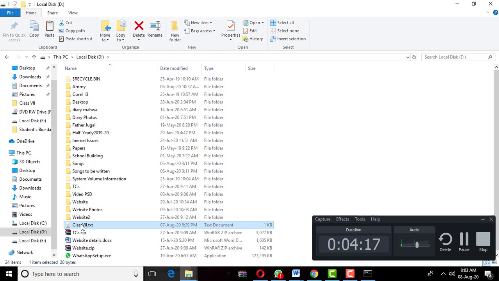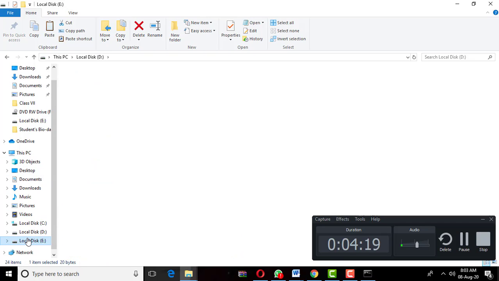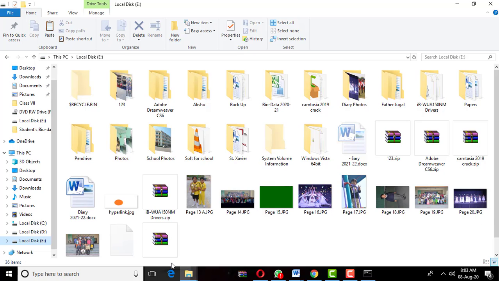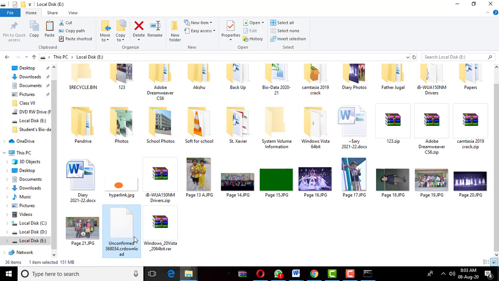We have to copy this file to local disk E. Check. Here is no class 7.txt. Not here. Okay. No, class 7.txt is not here.